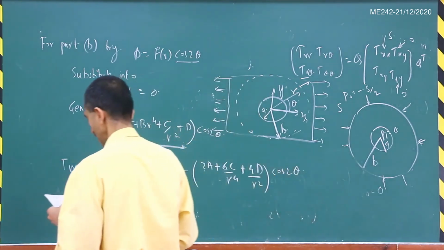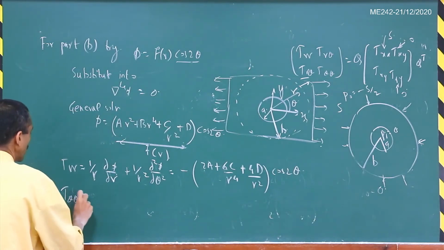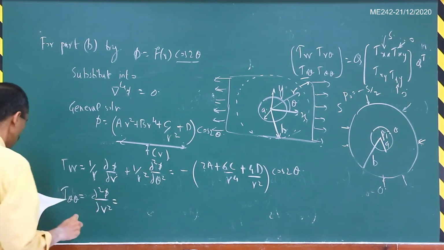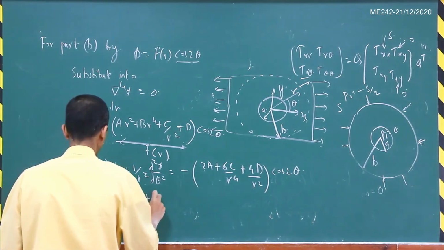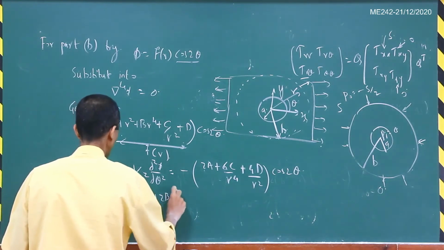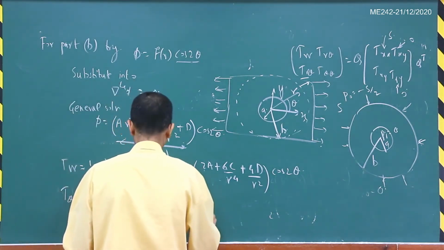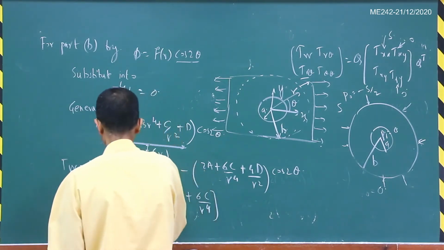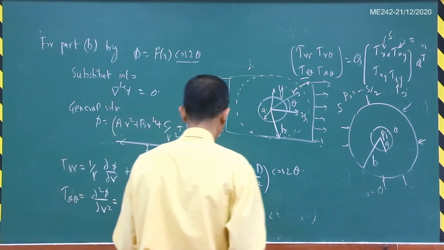And then similarly you will get τ_θθ. τ_θθ is ∂²φ/∂r². So that is equal to 2a plus 12b r² plus 6c divided by r⁴ times cos 2θ, and τ_rθ